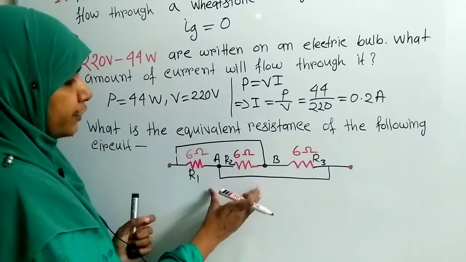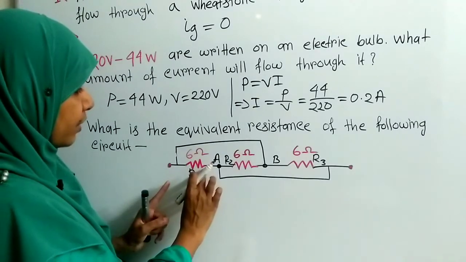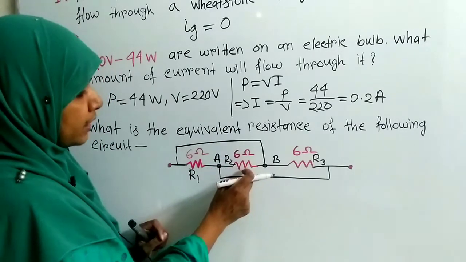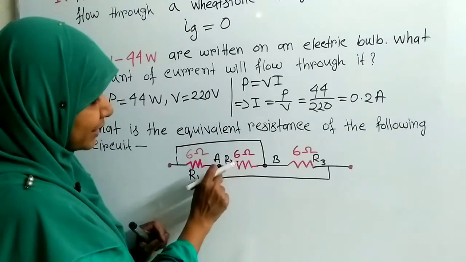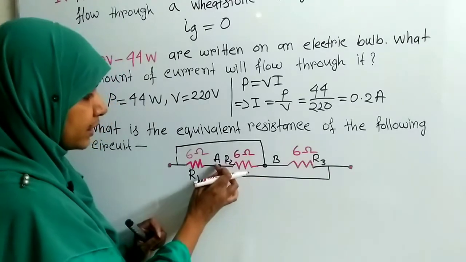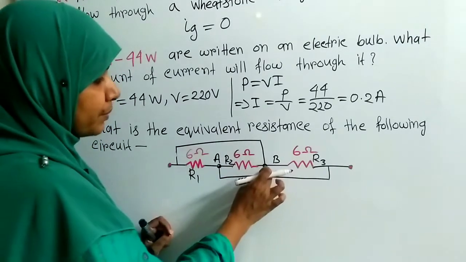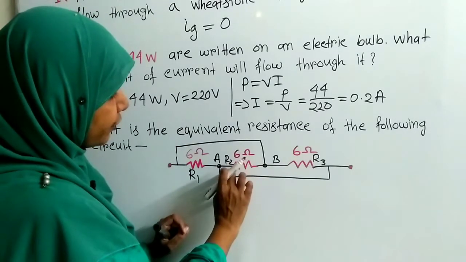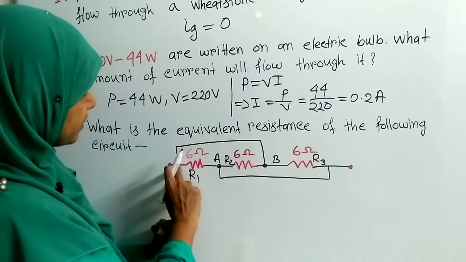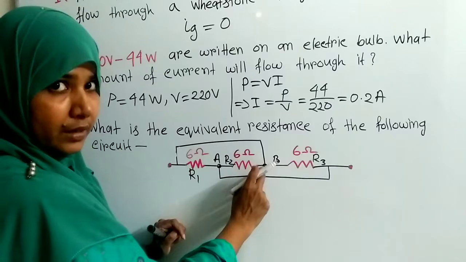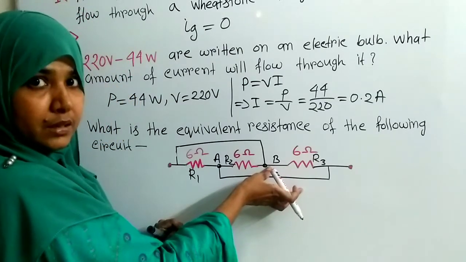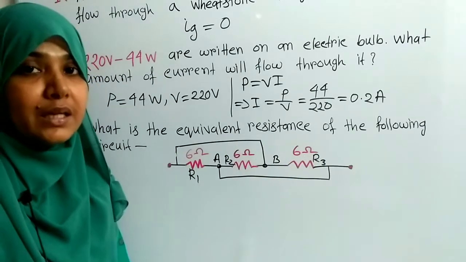Now if you notice it carefully, then you can see that one end of resistance R1 is connected at point A. One end of R2 is also connected at point A, and through this conductor one point of R3 is also connected with this common point A. Now come to the point B. Here you can see that another end of resistance R2 is at point B. Now the second end of R1 resistance is also connected at point B through this conducting wire, and the second end of R3 resistance is also connected with point B. So this R1, R2 and R3 resistances are actually in parallel combination.